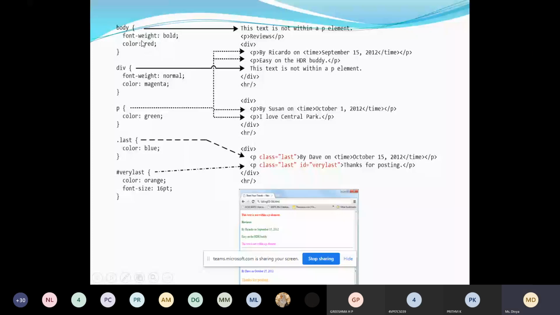Whether the font weight should be bold for the entire content, or the normal font weight. So there is a lot of confusion here in this CSS property. Now to overcome this, we are going for the specificity property.